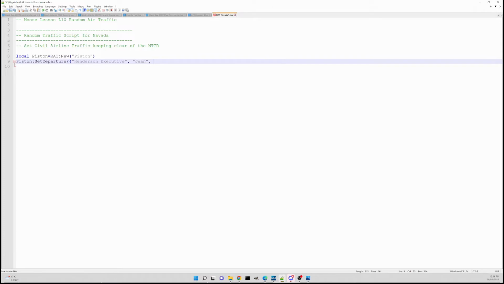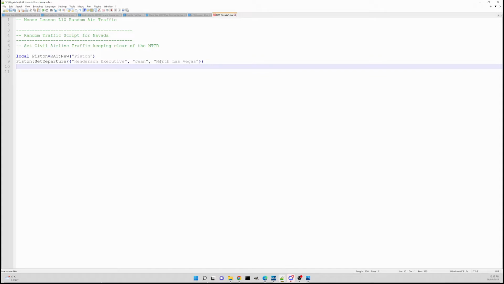So we've got Henderson, Jean, and then the next one up here will be, what do we have it going? Just a local flight maybe, up to North Las Vegas. That sounds pretty reasonable. So we'll chuck that in there. Okay, so there's some departure airports, so we'll have them departing from there. Let's bracket. All right, so there's our departure airports, Piston,